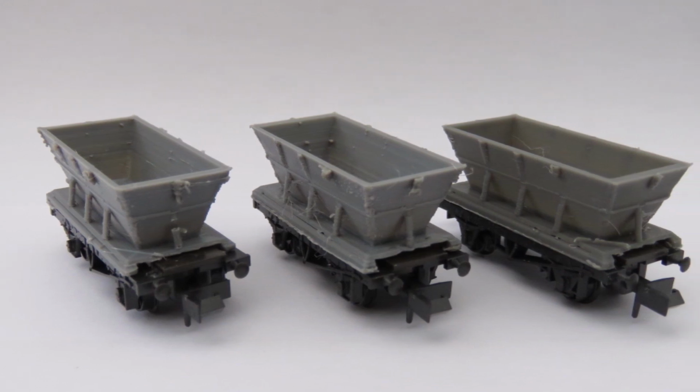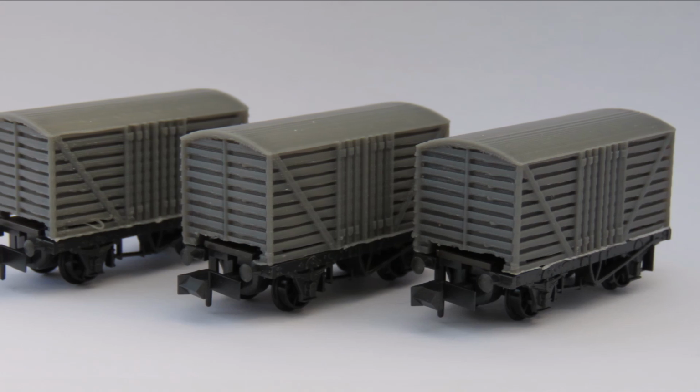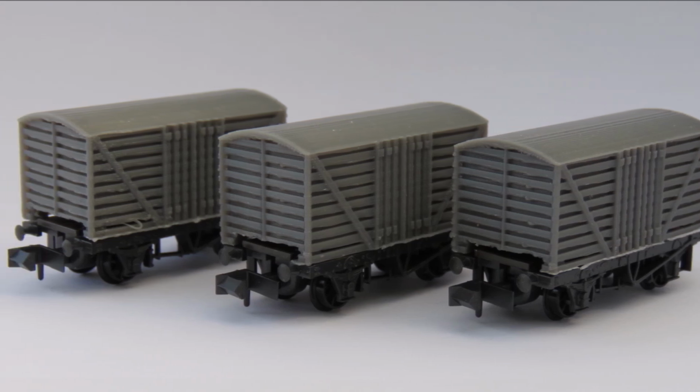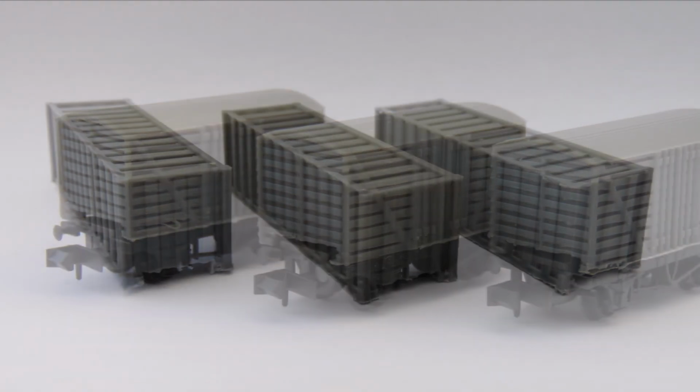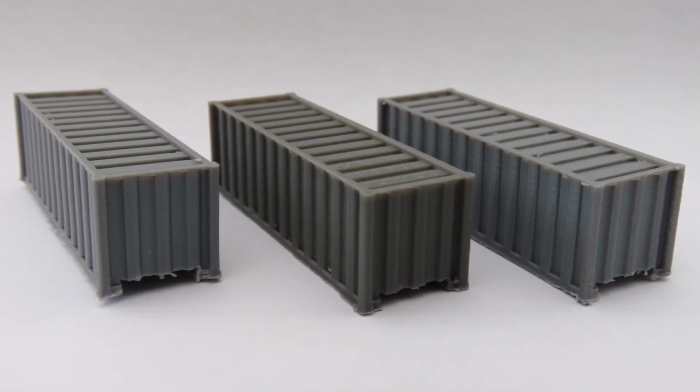We've had people asking us to do N. If there is some interest, we've got some other projects we're planning. We're looking at a coach potentially to fit the longer NR122 chassis. And we have been experimenting with some diesel rail buses, but we want to see what happens with the Kato